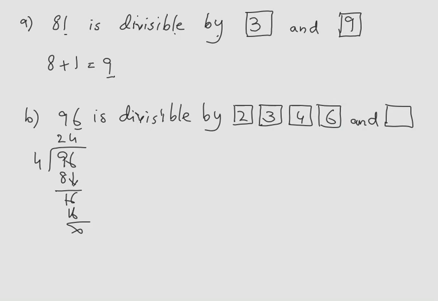The next value we have is 8. If the last 3 digits are divisible by 8, we have here only 2 digits. We have to check it by 8. So 8 ones are 8, 9 minus 8 is 1, and 6 comes down, then 8 2s are 16, and 96 is divisible by 8.